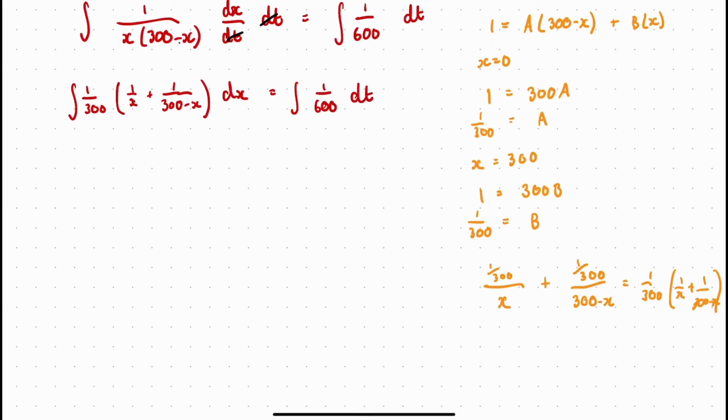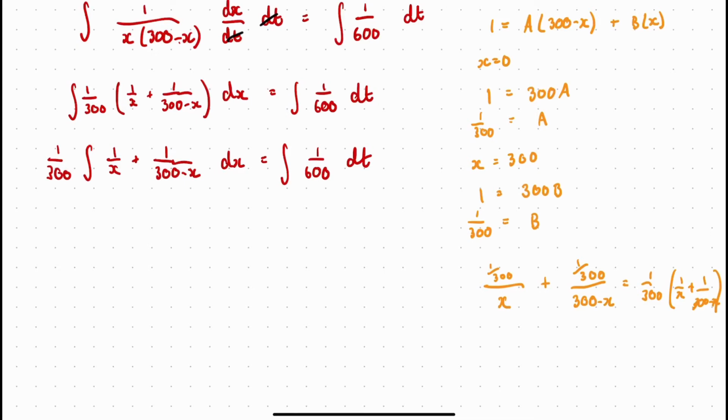Because this is a scalar multiplication here, I can actually just move that to before the integral. So all I'm going to be doing is 1 over 300 times the integral of 1 over x plus 1 over 300 minus x dx, and that is equal to the integral of 1 over 600 dt. So a bit of faffing around there to change my fraction into partial fractions,